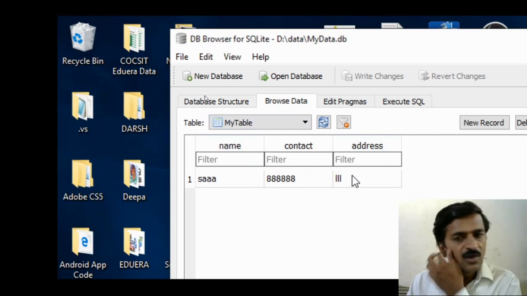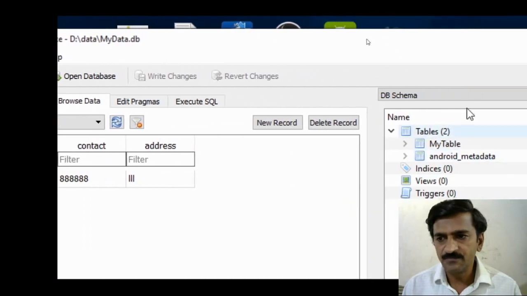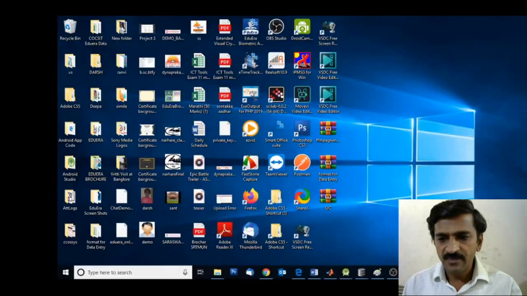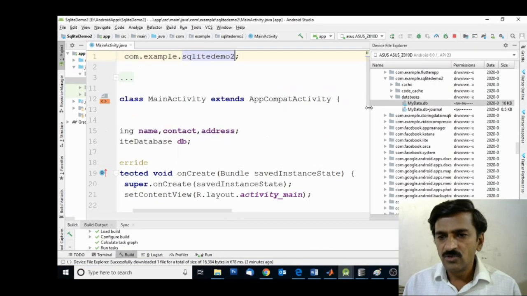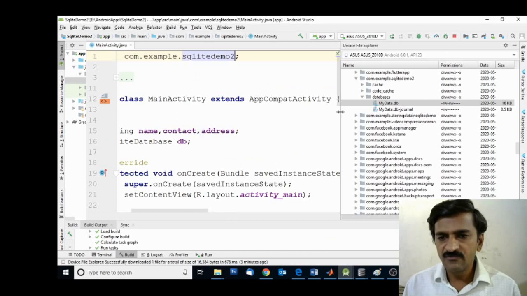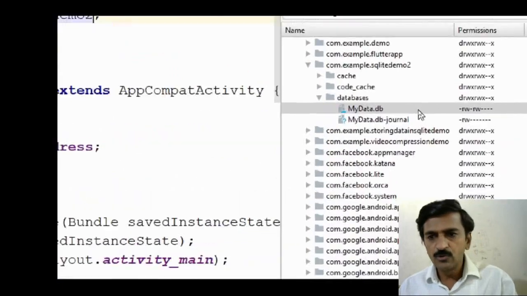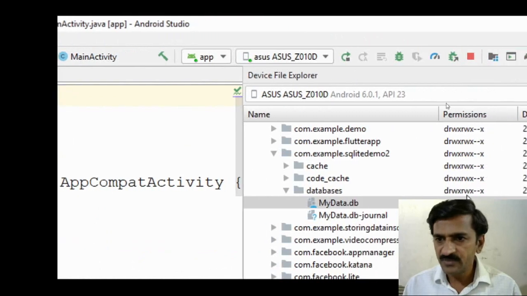In this way we can store the data into the SQLite database. I hope you understand how to use SQLite browser for browsing the data which we have created. The most important part is that we have to open the device file explorer in Android Studio and choose the database.